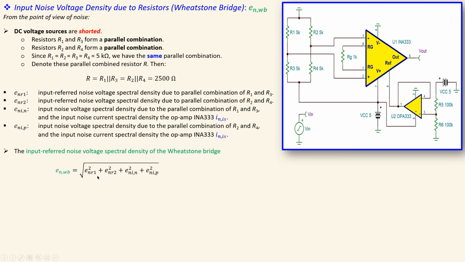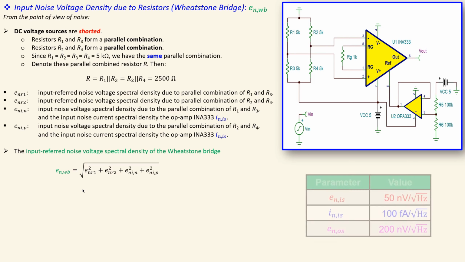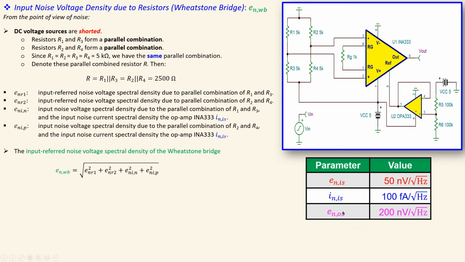Now, if you want to combine them, of course using the root sum of squares, we don't add them up just linearly. You square each element, add them up, and then take the square root of the sum. Okay, for that we need the parameters. We have seen this also in the previous discussion. So we have the values specifically for the instrumentation amplifier, which gives the spectral density, and this is 4kT times R, which is the familiar formula to calculate the thermal noise voltage, and specifically the R was 2500.